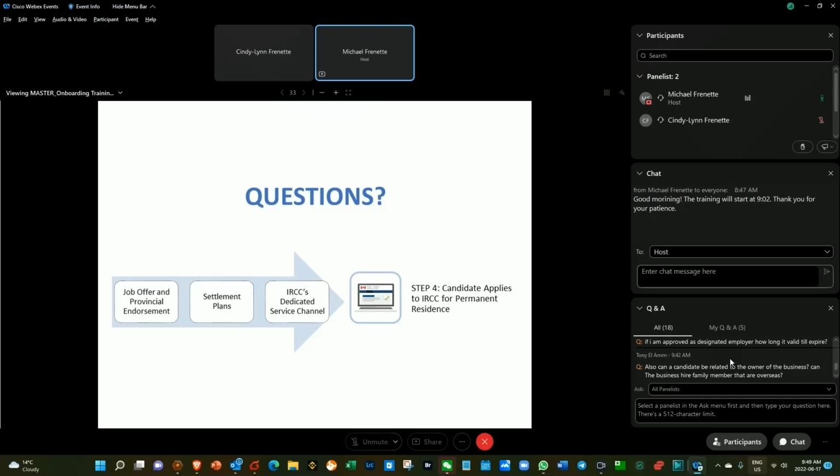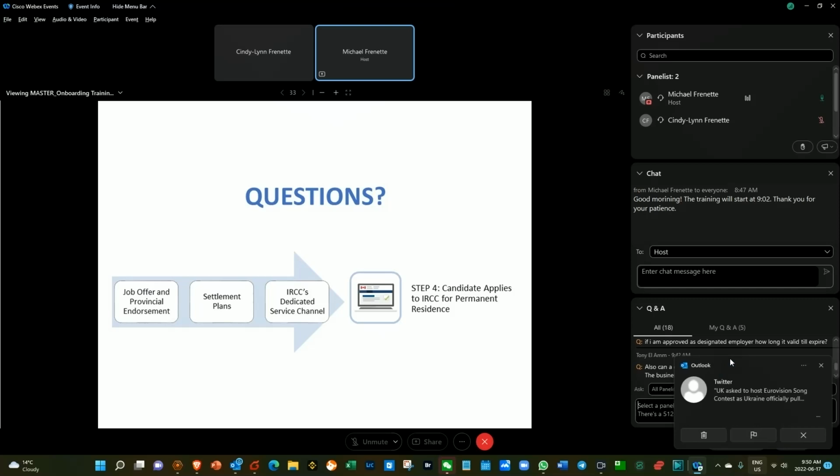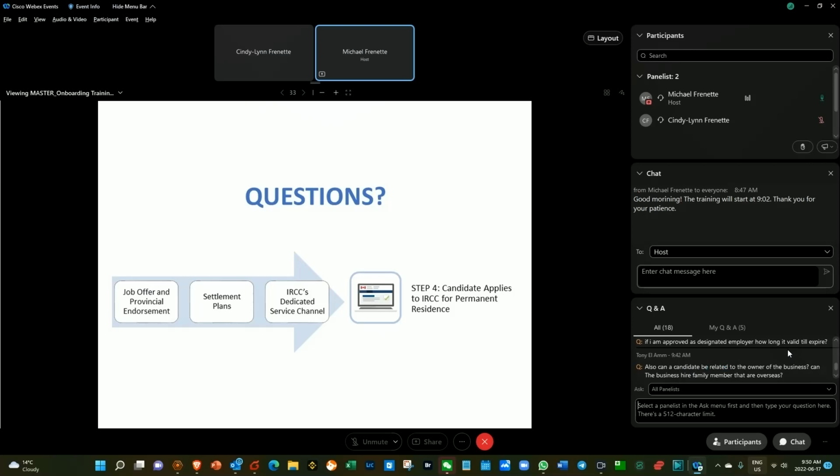And as far as when that person can start to work with you, work permit processing time will vary based on where the person is located. If the person is already in Canada, it's going to be the in-Canada processing time. If the person is in another country, it will vary based on their country of origin. Later on in the presentation, you'll see a hyperlink that will bring you to our website, and that will show you the processing time depending on where the candidate is. That will really vary. It can go anywhere from 2 weeks to about 6-7 months processing time, depending where they are in the world. And processing times are updated weekly.